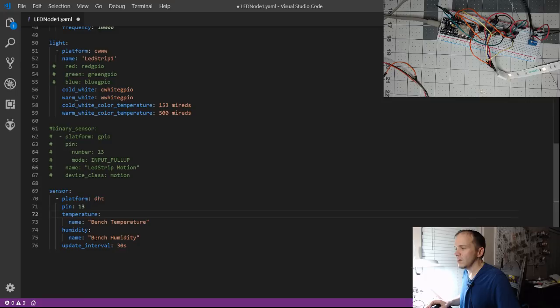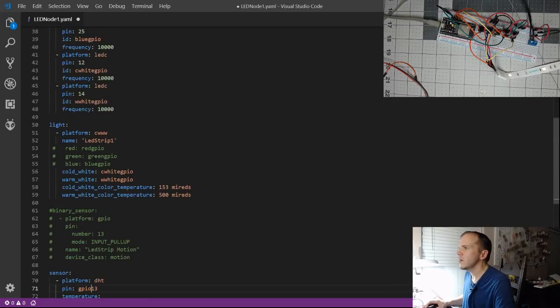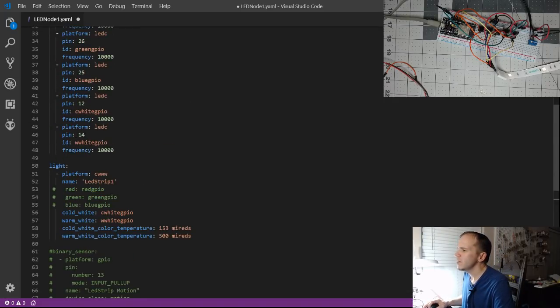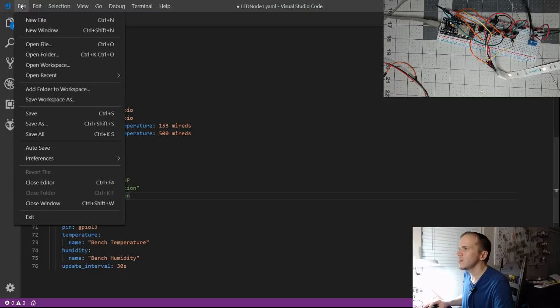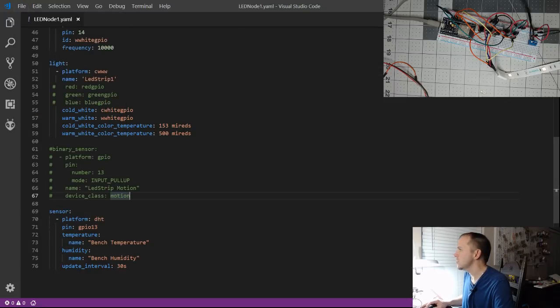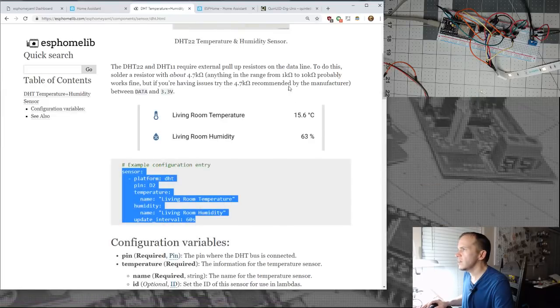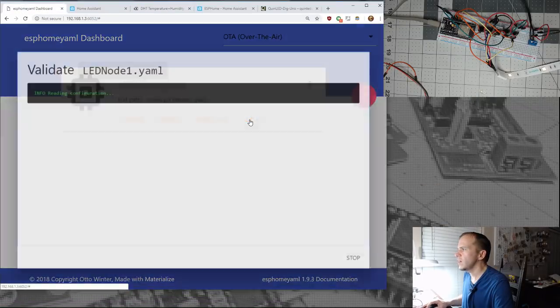Oh, I do need GPIO 13. You can't. Oh, because I was using a number, right? GPIO 13. Yeah. Okay. Well, it's saying there we did right here. He did pin, but let's find out. It's supposed to validate, right? Save. And we'll validate.